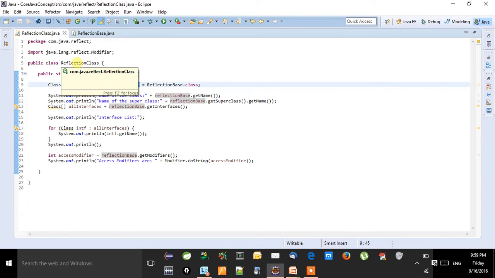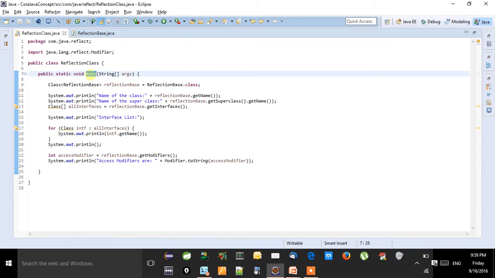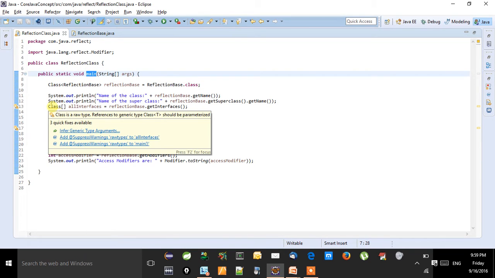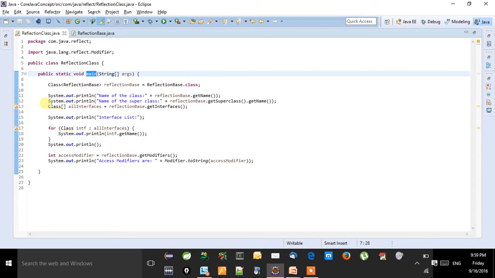I have just created one main method. In that method, I have created a class object for the base class. I have created a class object for the reflection base class.